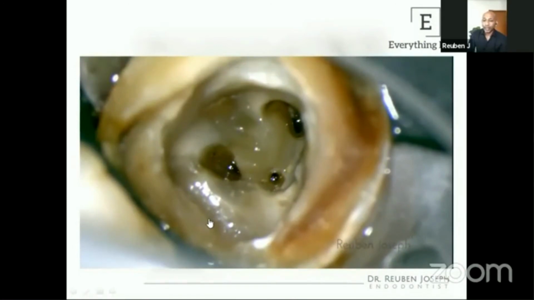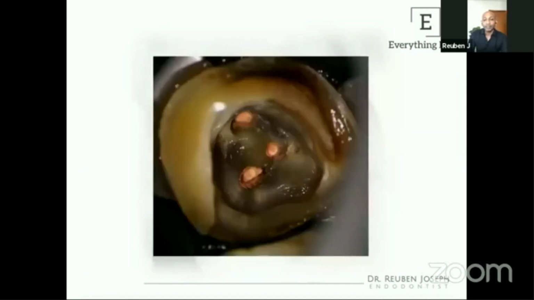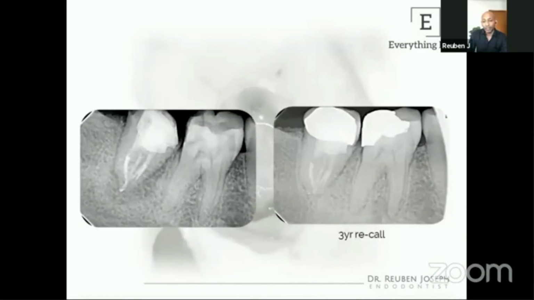So the trick to handling these C-shaped canals is to spend plenty of time with your irrigant on the inside. This should be your protocol when you irrigate a C-shaped canal: a lot of hypochlorite and probably EDTA towards the end as well. So that's the shaped canal here, and that's the post-operative. The 3-year recall shows satisfactory results as of now, but this tooth structurally and periodontally was compromised even when I treated it the first time. So we're going to have to deal with it if and when there's a problem later on.